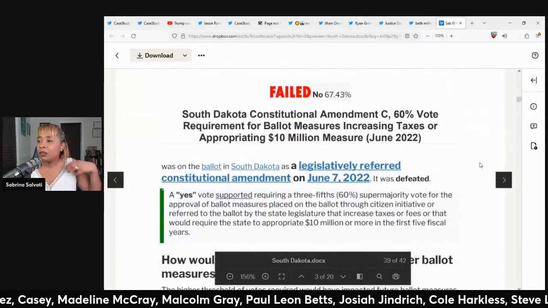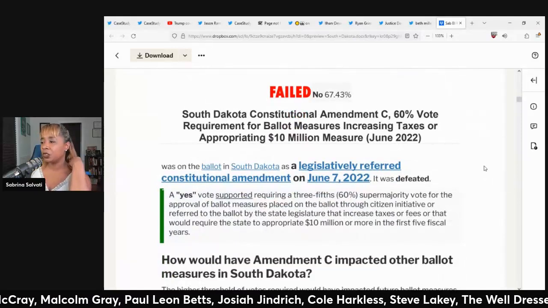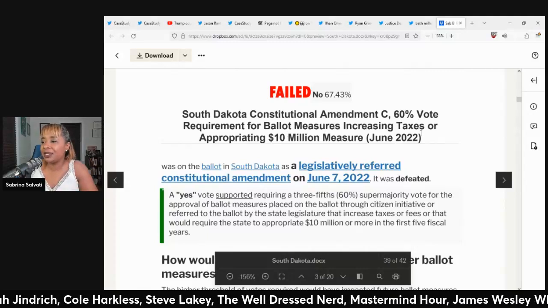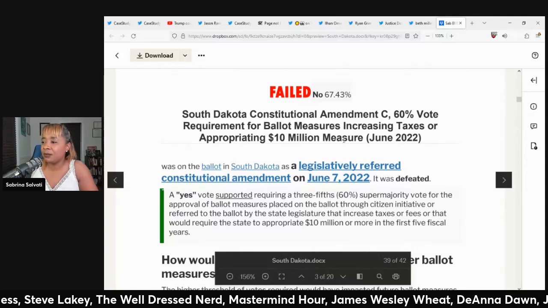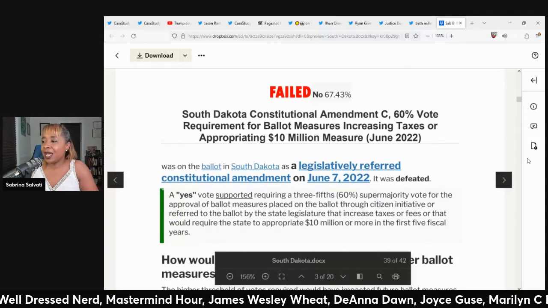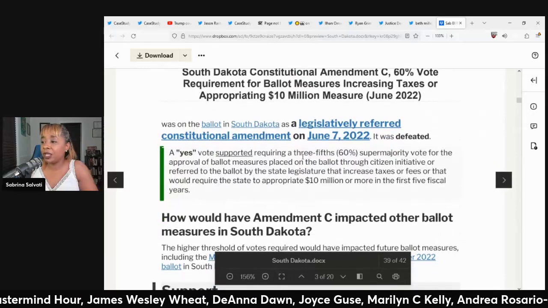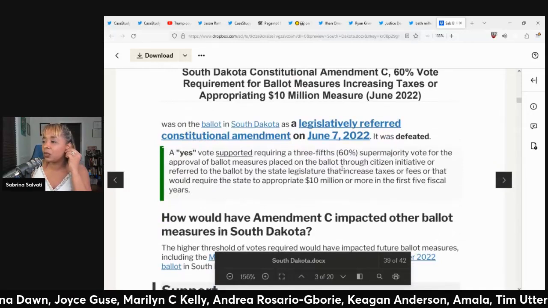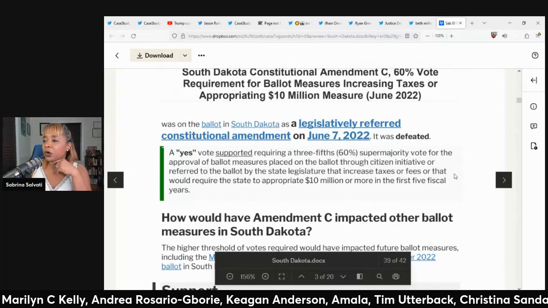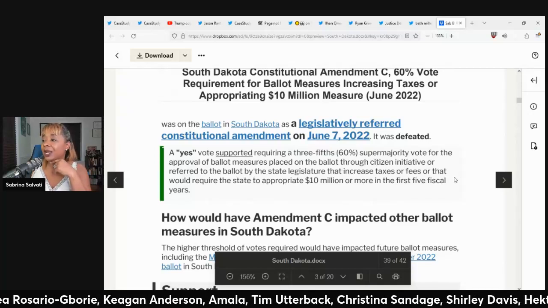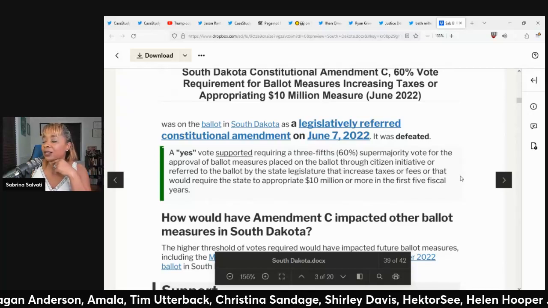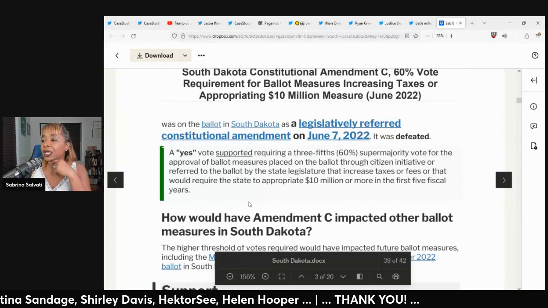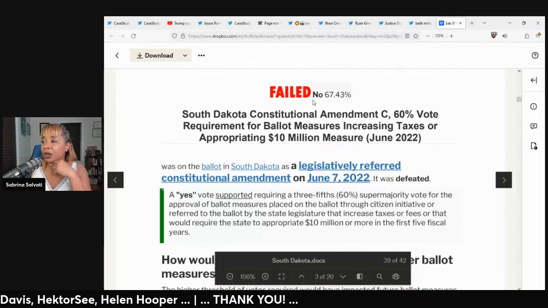The first measure, South Dakota Constitutional Amendment C, 60% vote requirement for ballot measures increasing taxes or appropriating 10 million. A yes vote supported requiring a 3/5, which is 60%, supermajority vote for the approval of ballot measures placed on the ballot through citizen initiative or referred to the ballot by the state legislature that increase taxes or fees or that will require the state to appropriate 10 million or more in the first 5 fiscal years. This measure failed by